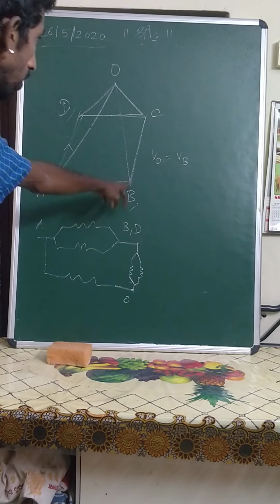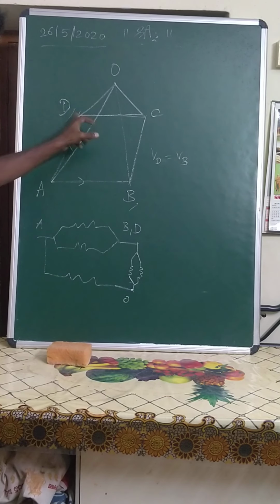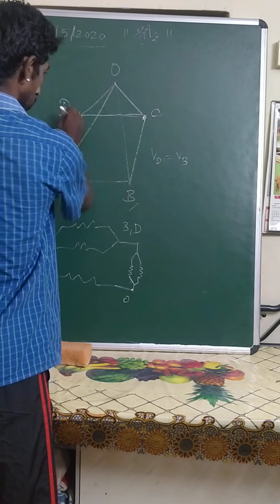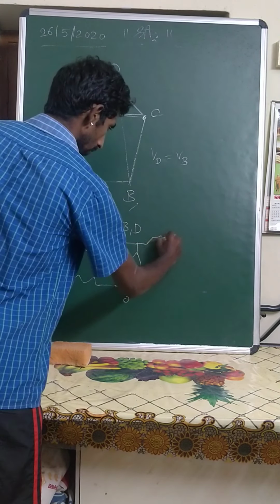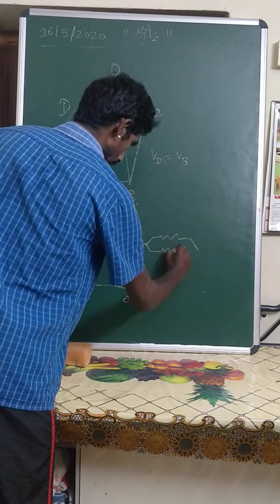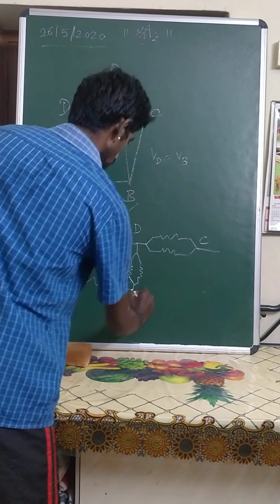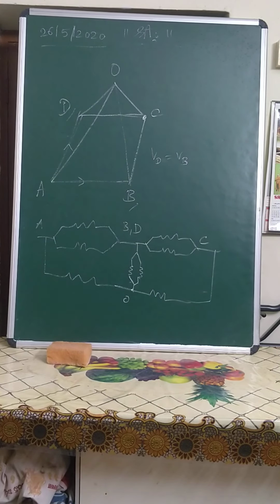So B is connected to O, D is connected to the common point O, both having the same potential. Then from B to C it is traveling. C is also at the same potential, since B and D are at the same potential and commonly connected to C. So this point is C. From C we are connecting it to O. So directly I am connecting it to O. That's all. So the problem is simple.